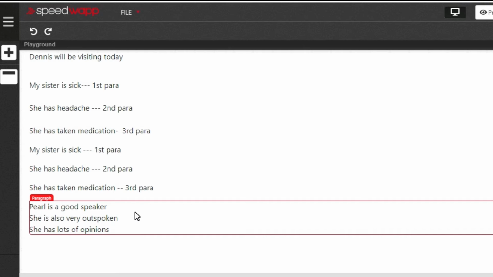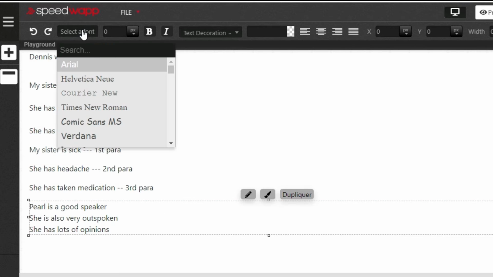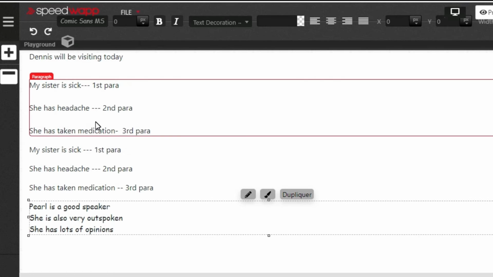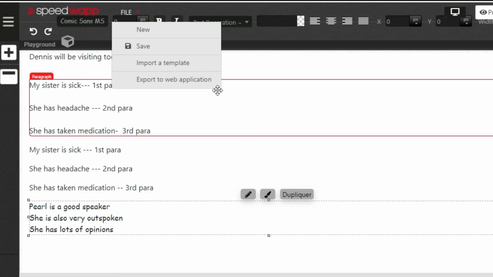So what you have to do first is to select the paragraph. All right, then if you want to change the style, you can also change the font style. If you want to search for something, you can just search for whatever font style you're searching for, or you can just choose any of them that pleases your eye. Okay, now if you also want to apply some changes to the font size as well,